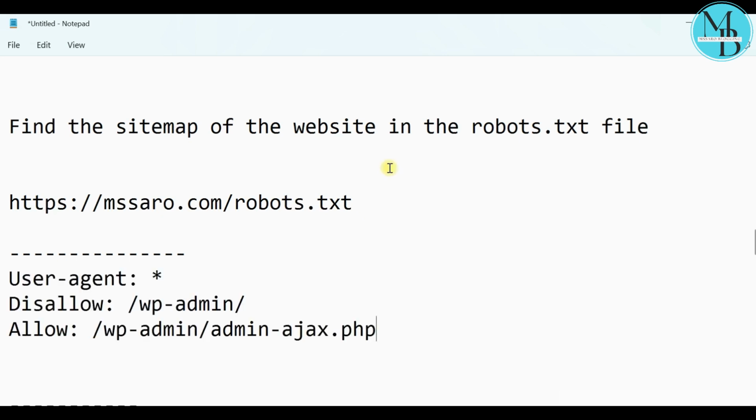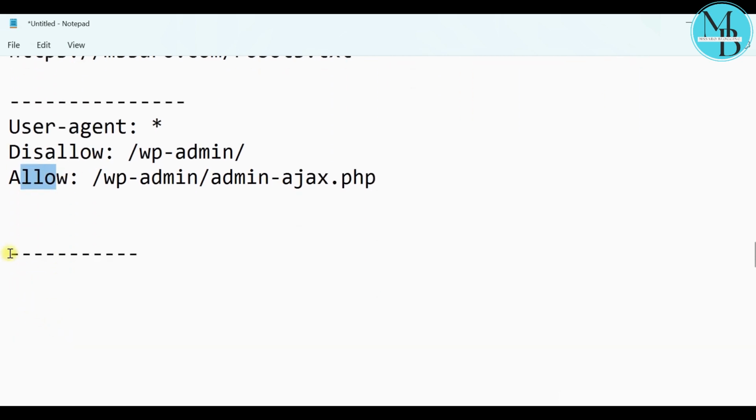This is the disallow, what we want to disallow and what we want to allow. Now here I am giving Sitemap, colon, space, and my site name